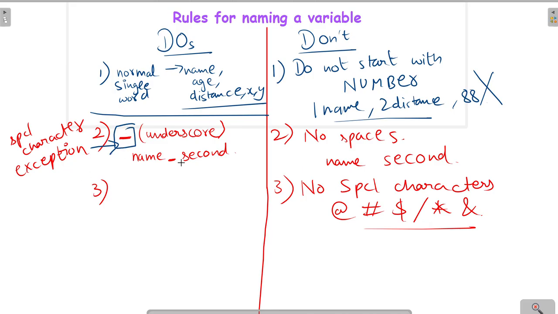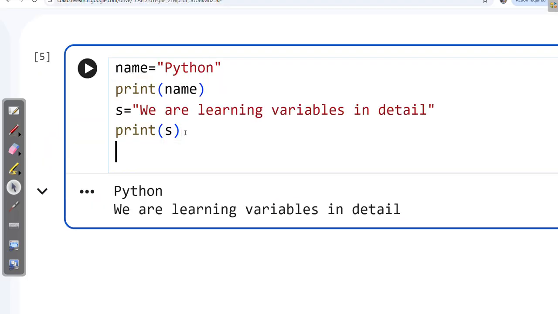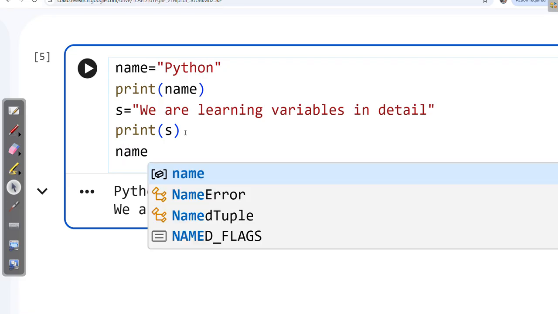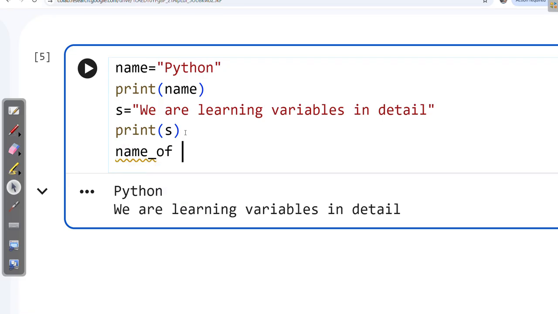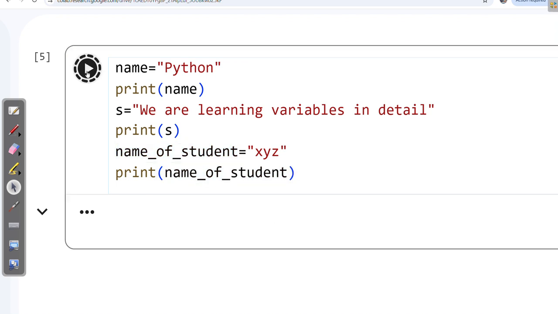Now let's practice it out, like how it is not going to affect it. See, suppose I am writing here name_of_student, okay, equals to xyz. Okay, and now see, if I do print of this particular name_of_student, then whatever the value is inside it, that will get printed, right?